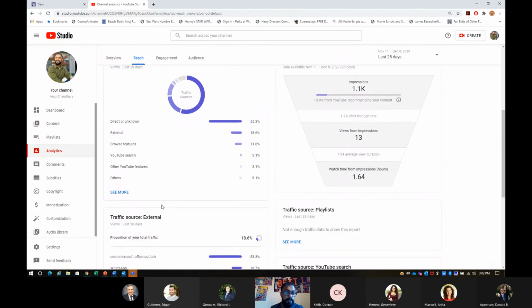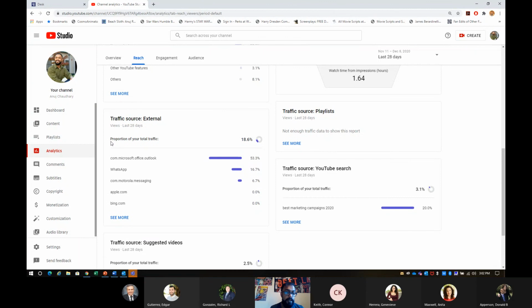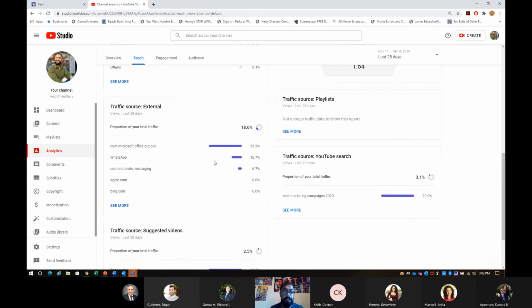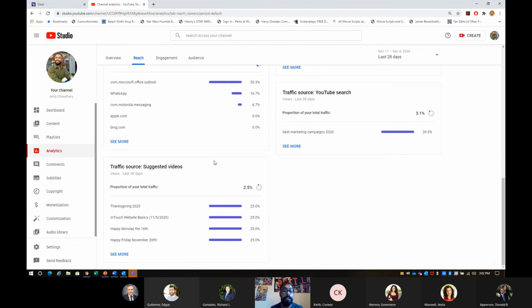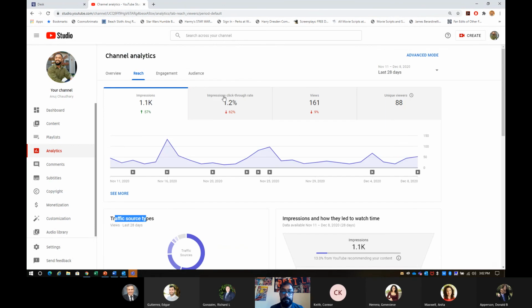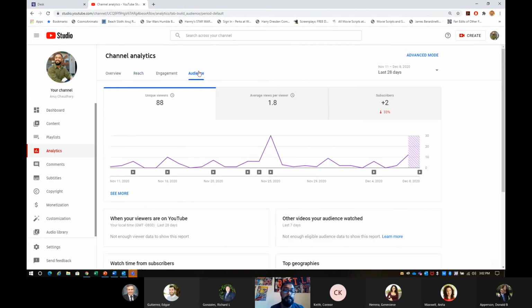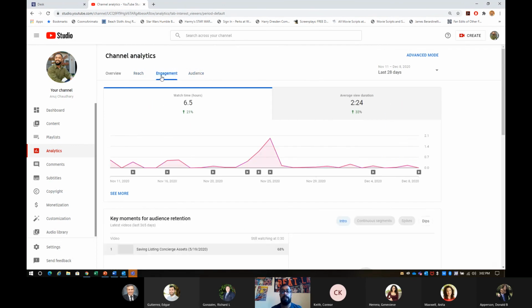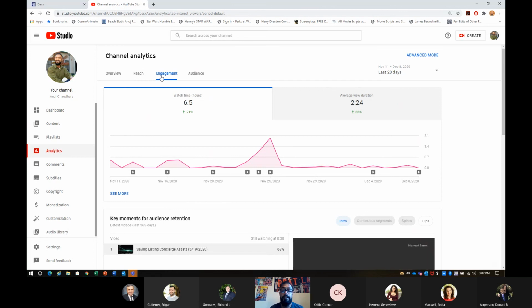you've got source types. A lot of my views come from Outlook because I'm sending these to my agents attached into emails that are going from my Outlook. But leverage this information, right? And as you start getting more and more of it back, the better chance it has at giving you